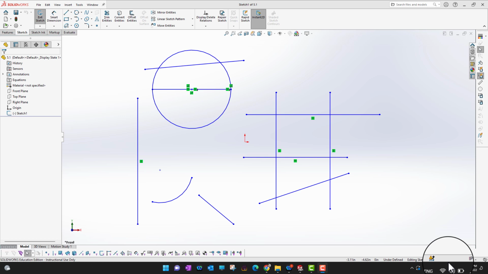Thank you for watching, and in this video we are going to cover trimming and extending of sketches. SolidWorks has some great tools to trim and extend sketches. Right now I am going into the sketch, and I already have a dozen lines. In the Sketch tab in the ribbon section, you can see